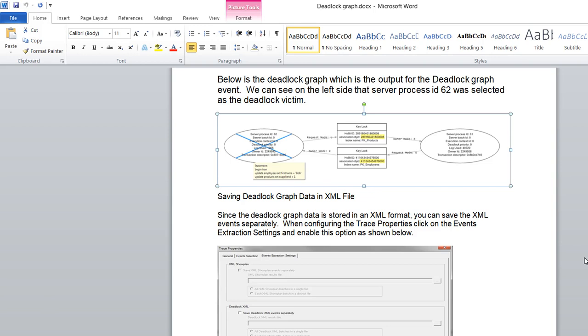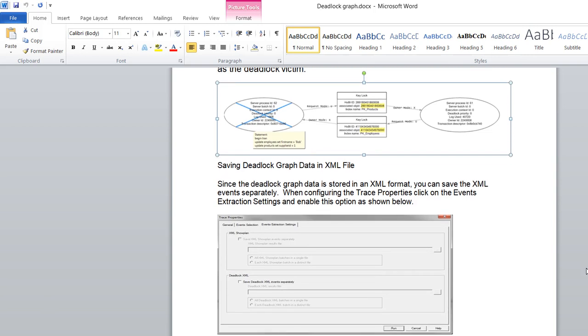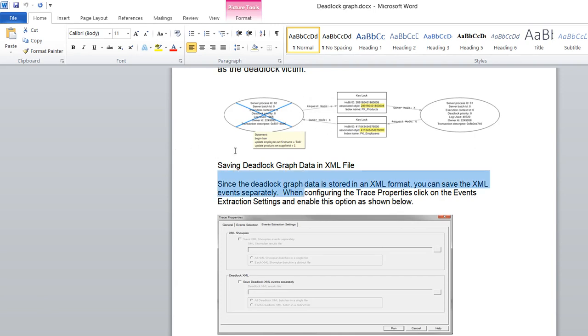So we should avoid the deadlock based on a couple of analyses. Because of that we are using the profiler and all, right? So this XML format you can save. We have an option to save the XML file also, locally, for your future analysis.